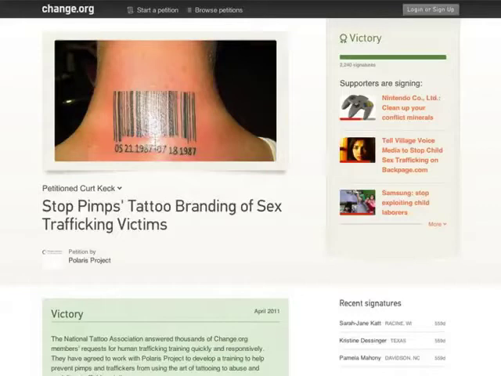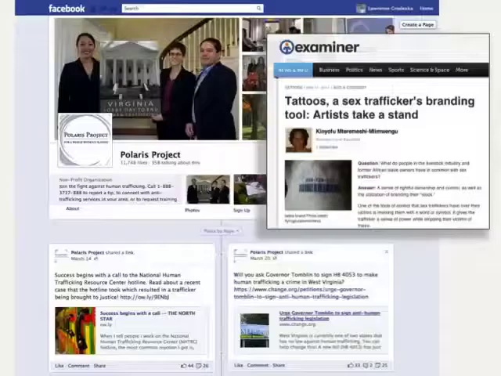You just need to find the right person that can be influenced through a tactic like an online petition. They were also really great about, the Polaris Project that is, getting the petition out there, sharing it on their Facebook page. You can see here that they're sharing a petition right next to an ask for a call-in day. So again, that idea that online petitions fit with different tactics that organizations use